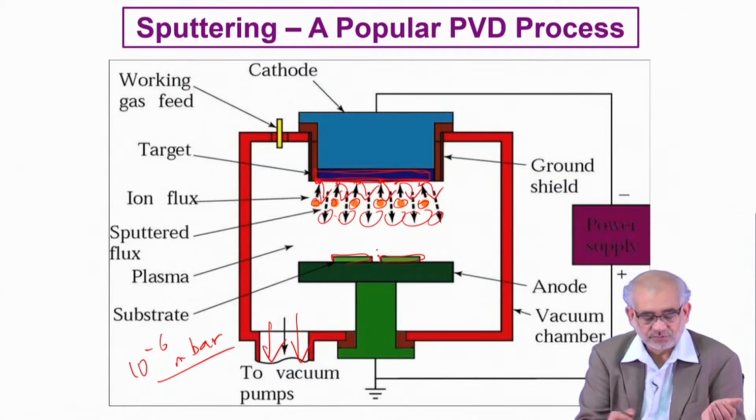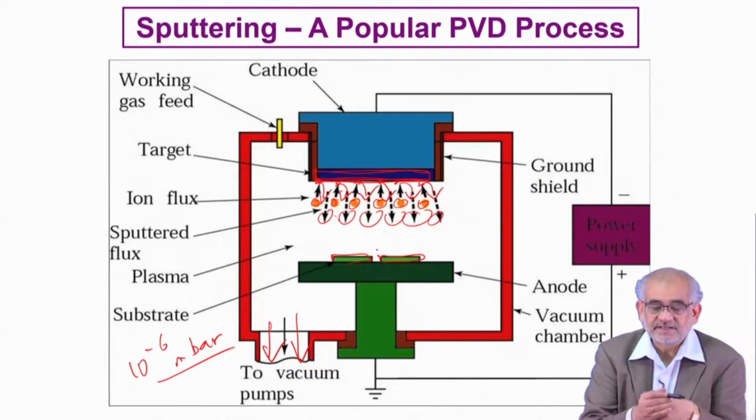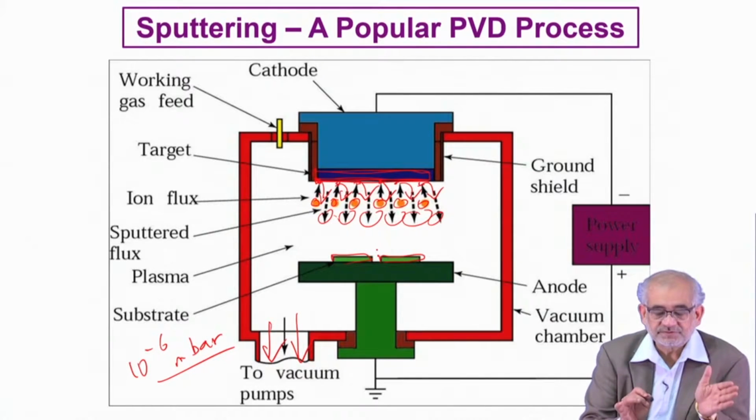In fact, if the PVD process takes, let's say, an hour to deposit a particular thickness, here it can be done in a few tenths of a minute. So it can be much faster. So the important part is that